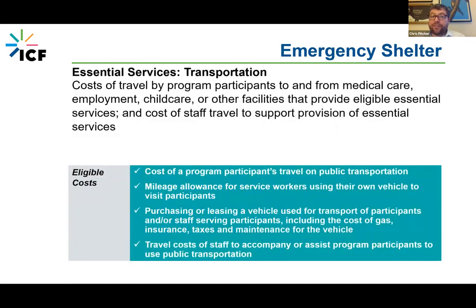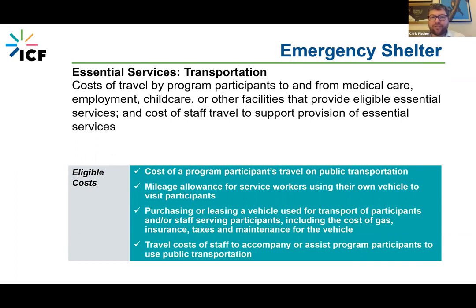Just like street outreach, we have the ability to provide transportation. Transportation looks a little bit different in emergency shelter, but it's fairly similar. We can pay for the costs of travel by program participants to and from medical care, employment, childcare, or other facilities that provide eligible essential services for the clients that reside in an emergency shelter setting.